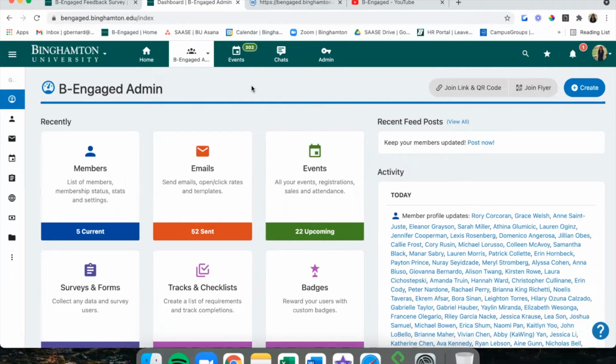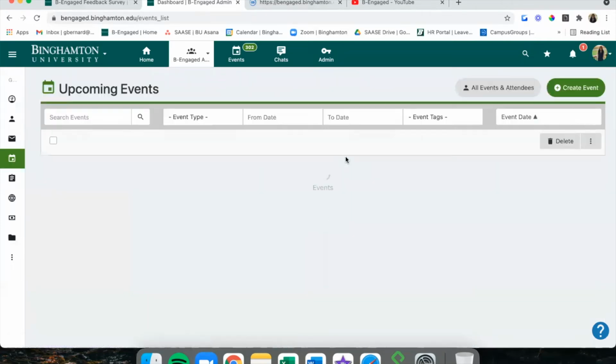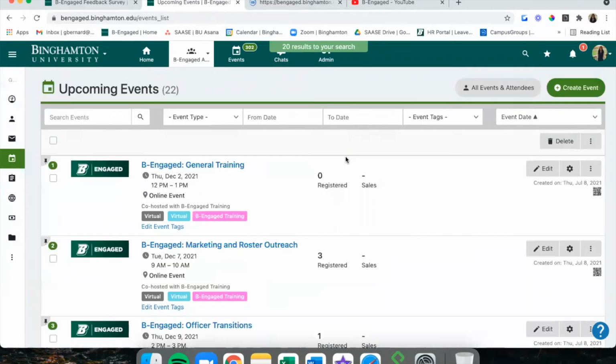Moving on to number 4, getting closer to number 1, the number 1 feature you should be using. The number 4 feature is the Event Kiosk QR code. So let's head to events first. And we'll use this event as an example.